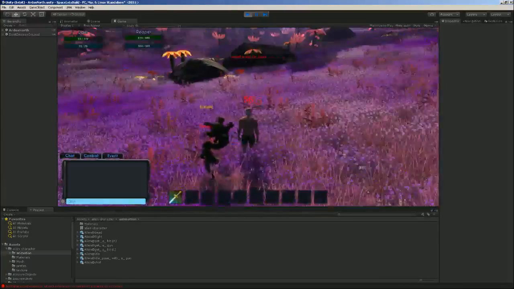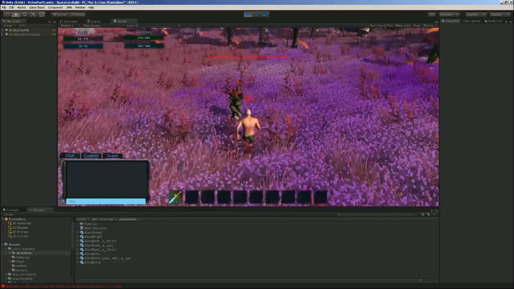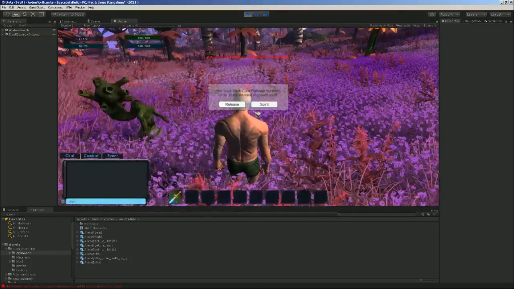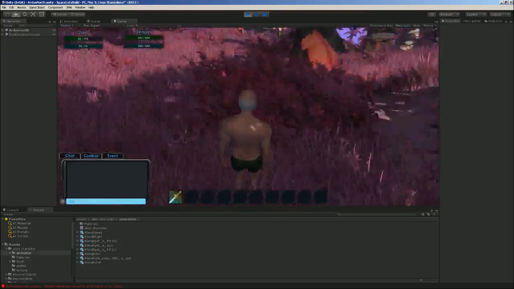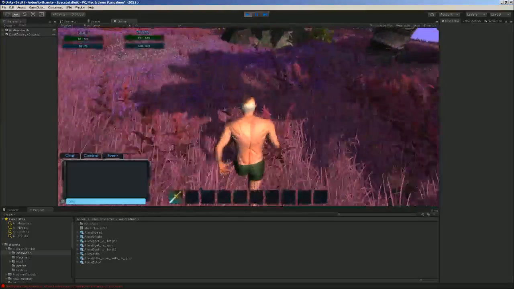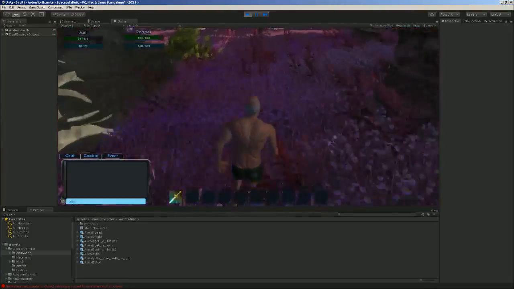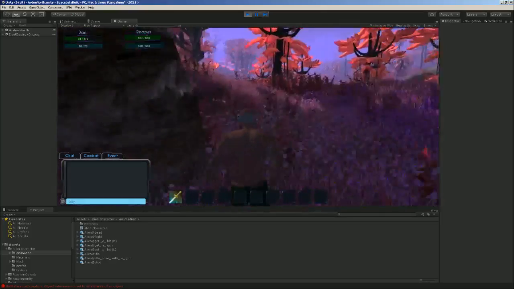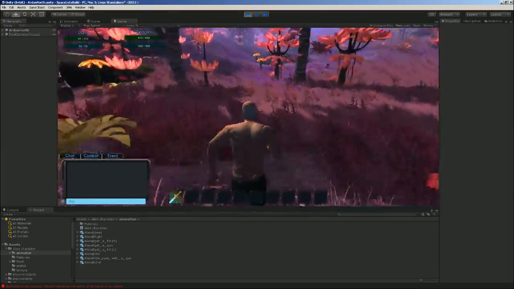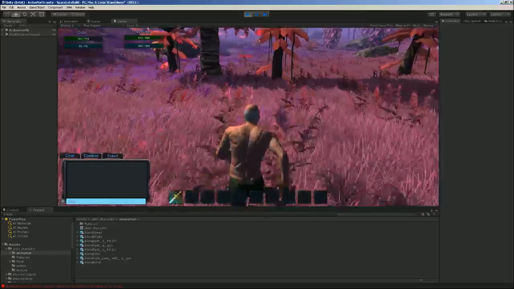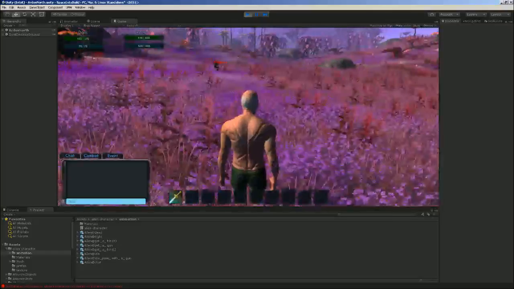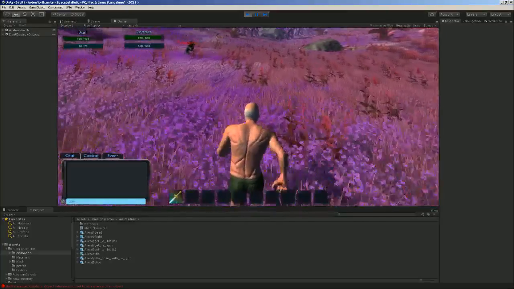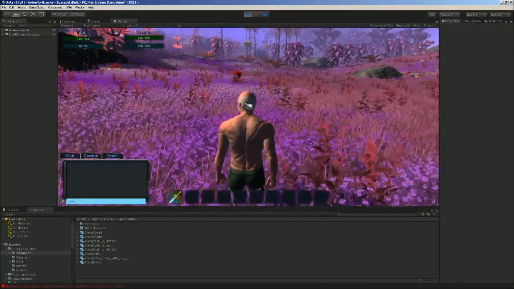For whatever reason, oh, there we go. She's shooting me. Yeah, his animations are working good now. Let's release. So yeah, sometimes you have to do a few things with it. We just changed these animations to legacy, activate, put on the animator, and then there we go. It's your first mob. Now the first thing you'll notice is his name